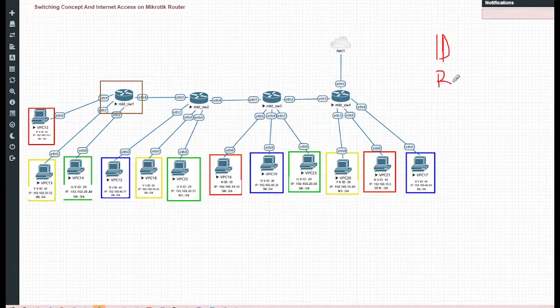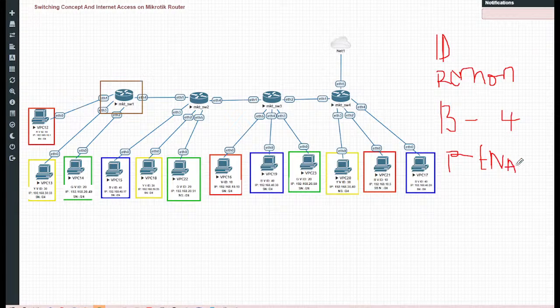Second, I configured the ROMON. Thirdly, I configured 4 bridges to pass the communication of each VLAN. I also renamed each of the physical interfaces